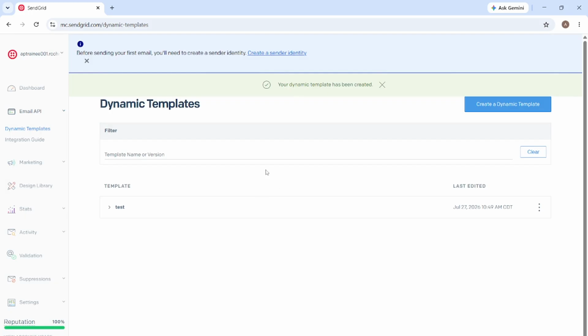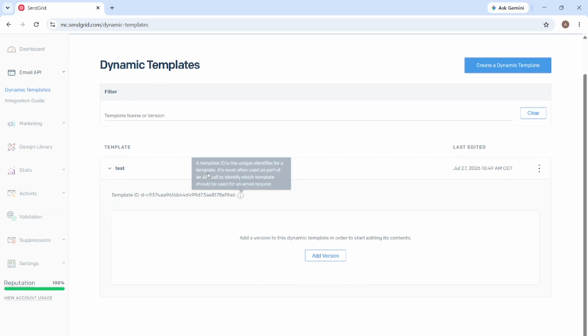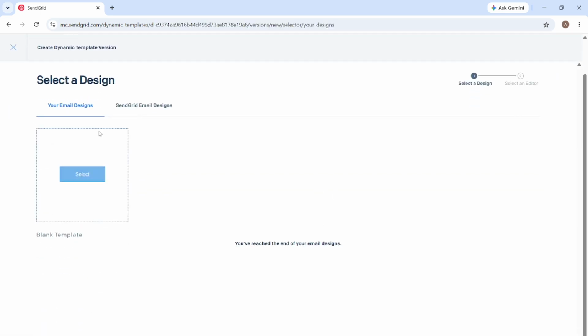Sendgrid will generate a new template entry and take you to the template setup steps. If you do not see anything change right away, wait a moment, because the template details may load after the creation completes. Now that the template exists, you will select Add Version. This step matters because templates are versioned, which means you can improve and update designs over time without losing earlier work. In the template screen, find the Add Version option and click it to begin configuring the actual email content